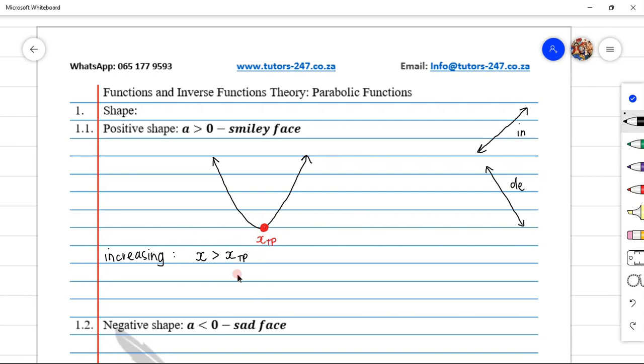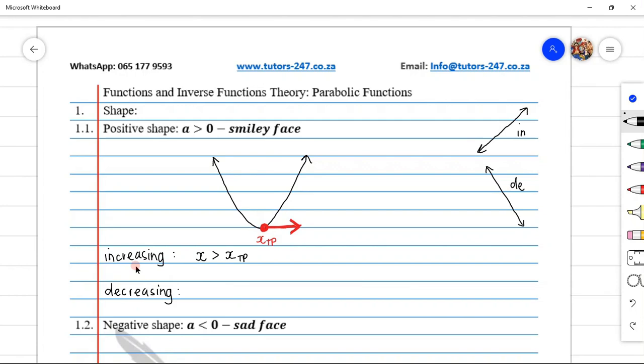Now, how do we know which way our inequality sign is supposed to face? A method that you can use is, because we're saying that for all the values on the right of our turning point, we draw an arrow that faces towards the right, and if you look at that arrow, the arrowhead is pointing right. That is why our inequality sign points right as well. So you can just basically copy the direction of your arrow. Now if it's a decreasing function,